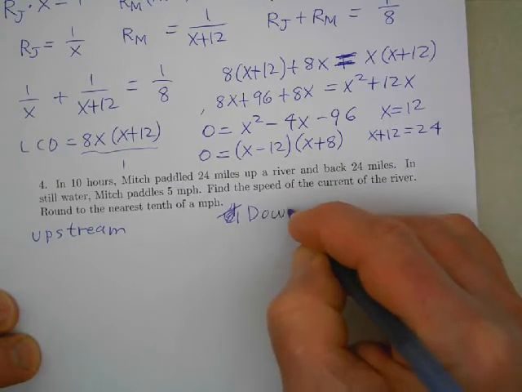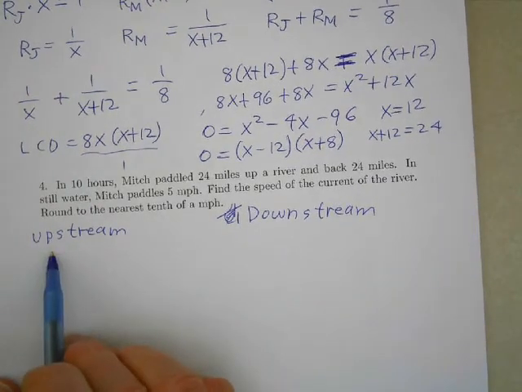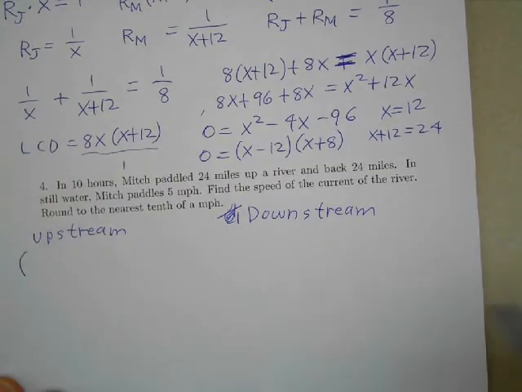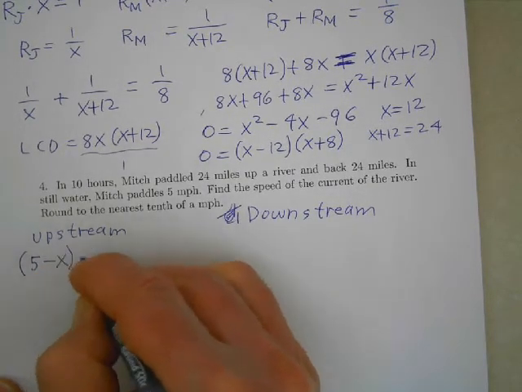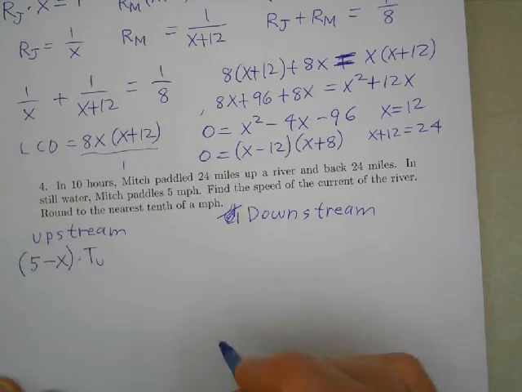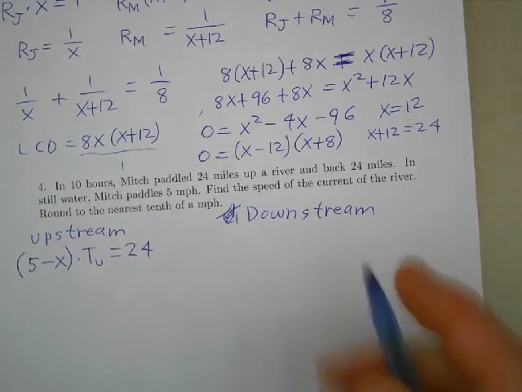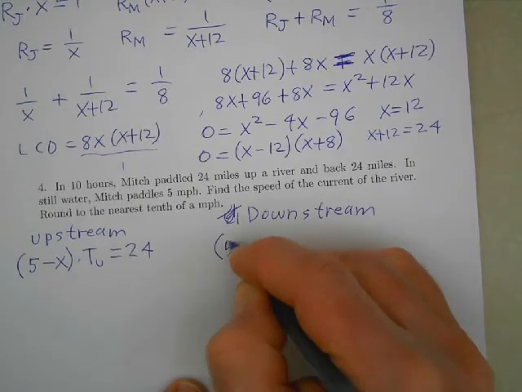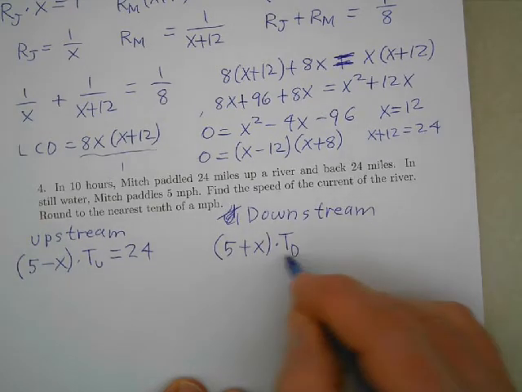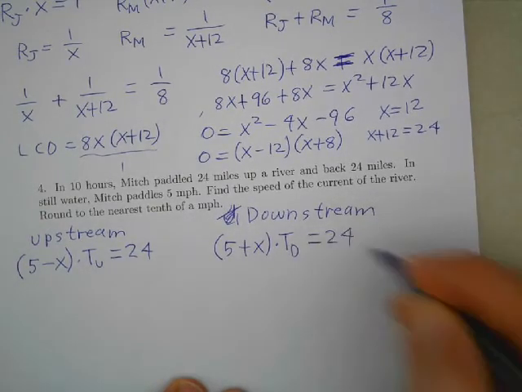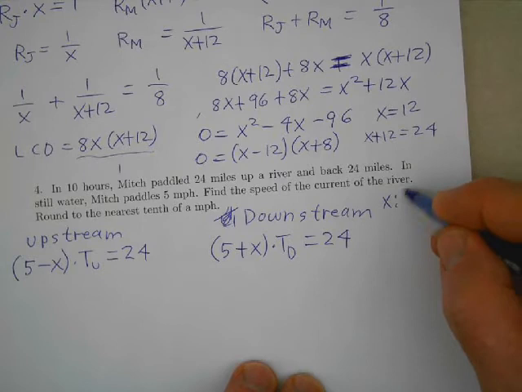Okay, so Mitch paddled upstream a distance of 24 miles, and then he traveled back downstream also for a distance of 24 miles. And when he's going upstream against the current, and if we let x be the speed of the current, then the boat is traveling at 5 minus x miles per hour, and we'll use t sub u for the amount of time it takes him to paddle 24 miles upstream. When he's going downstream, the boat is going at 5 plus x miles per hour, and t sub d represents the amount of time it takes him to paddle 24 miles downstream. Okay, so x represents the current speed,